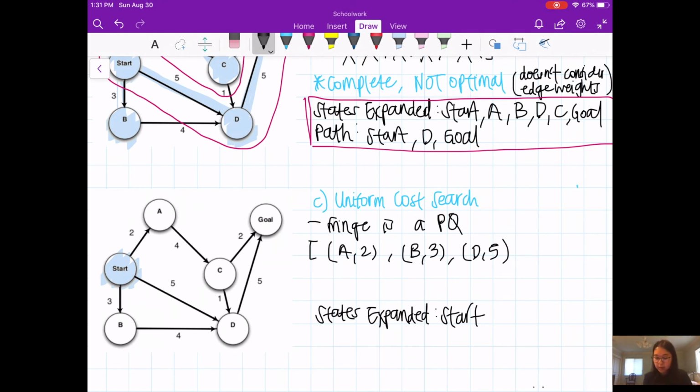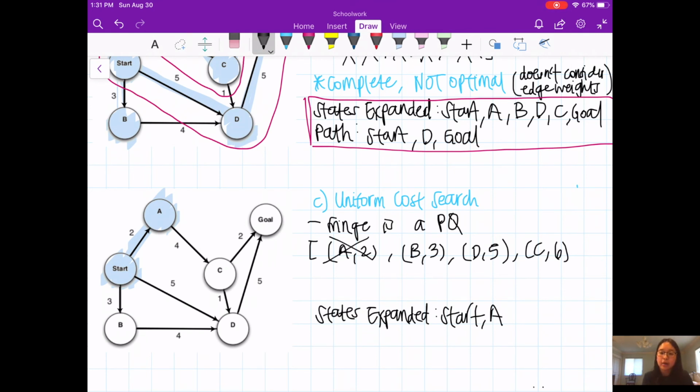Looking at this, I can see that A has the shortest edge weight, so we are expanding to A next. Because of that, A is no longer on the queue, but now we have to add C. C's weight is going to be 6, because you want the weight from the start.